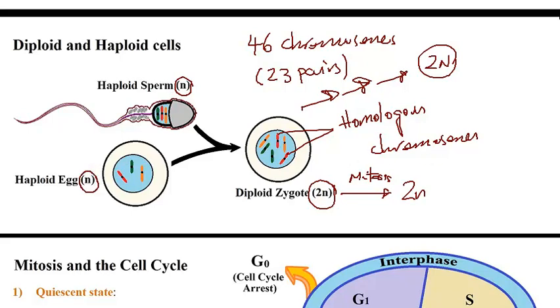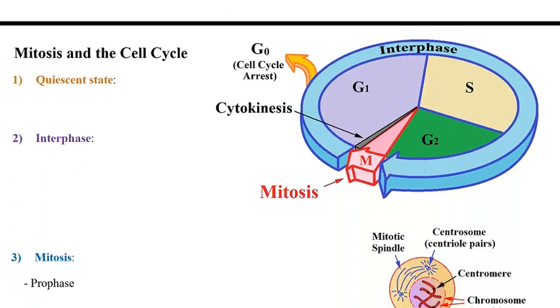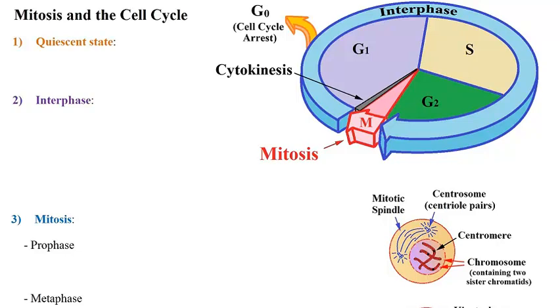Now let's move on to the cell cycle and discuss how a cell can undergo division. So the cell cycle is divided into all the phases that are shown right here. This is basically a summary of the different phases of the cell cycle. The first phase is G0, or the quiescent state. This is the state at which time there is a cell cycle arrest. There is no plan for division. And the other name for it besides G0 or quiescent state is